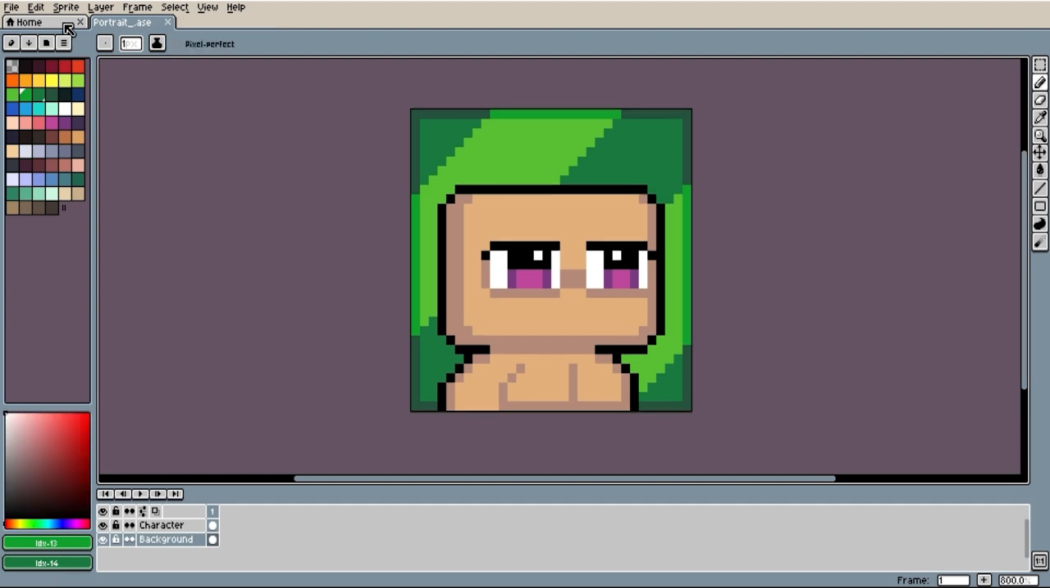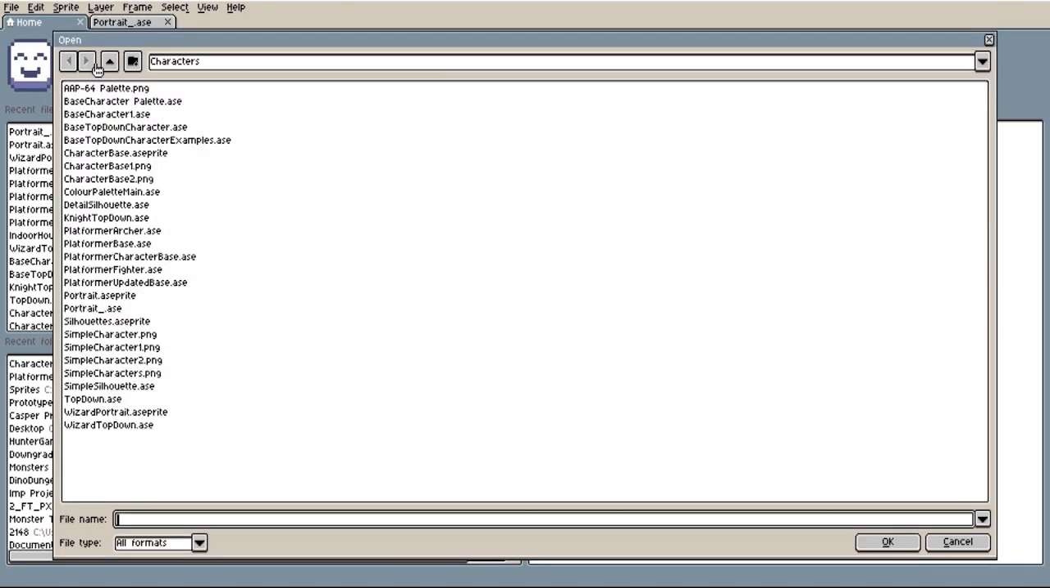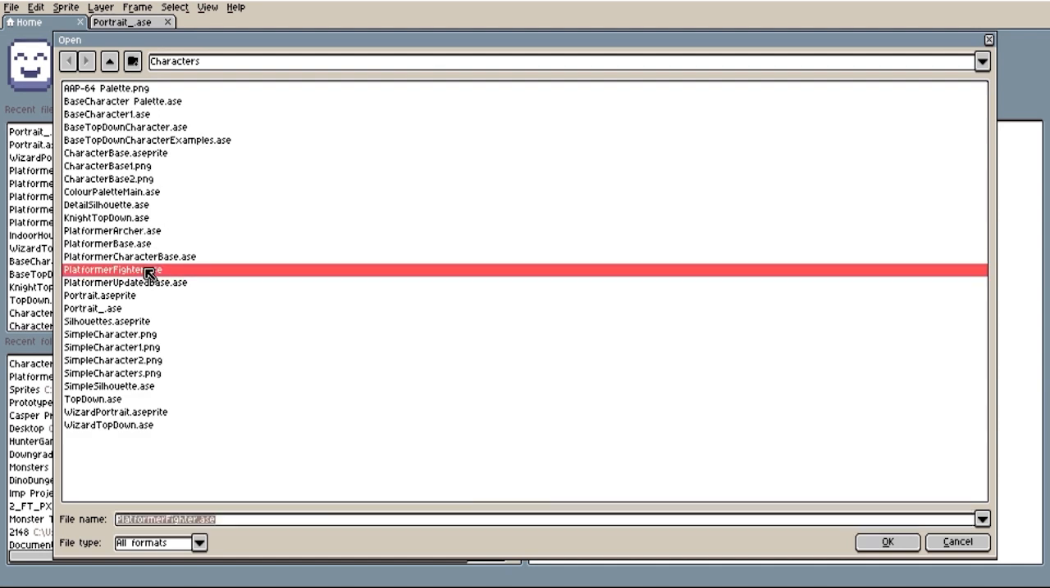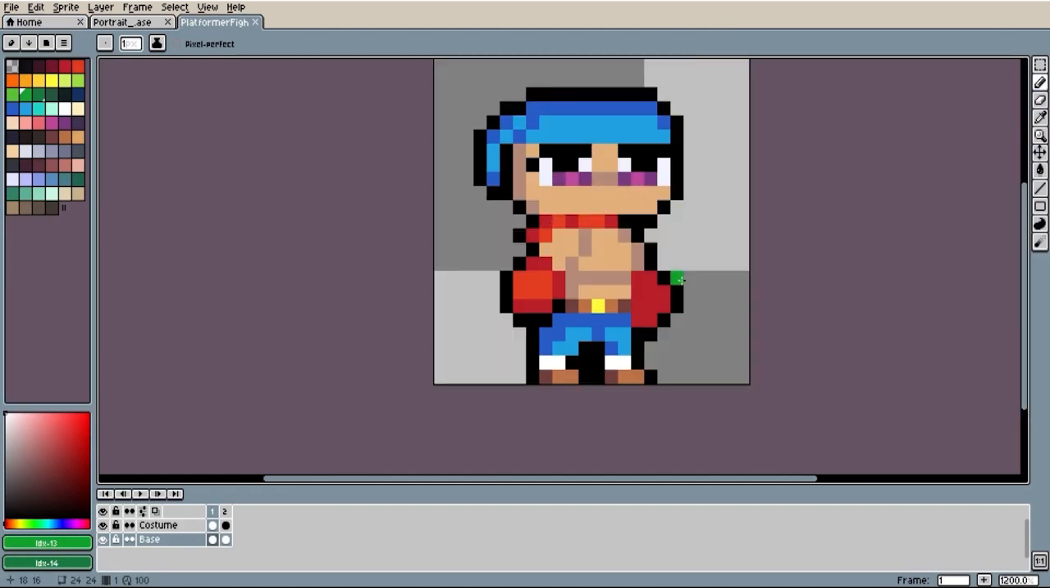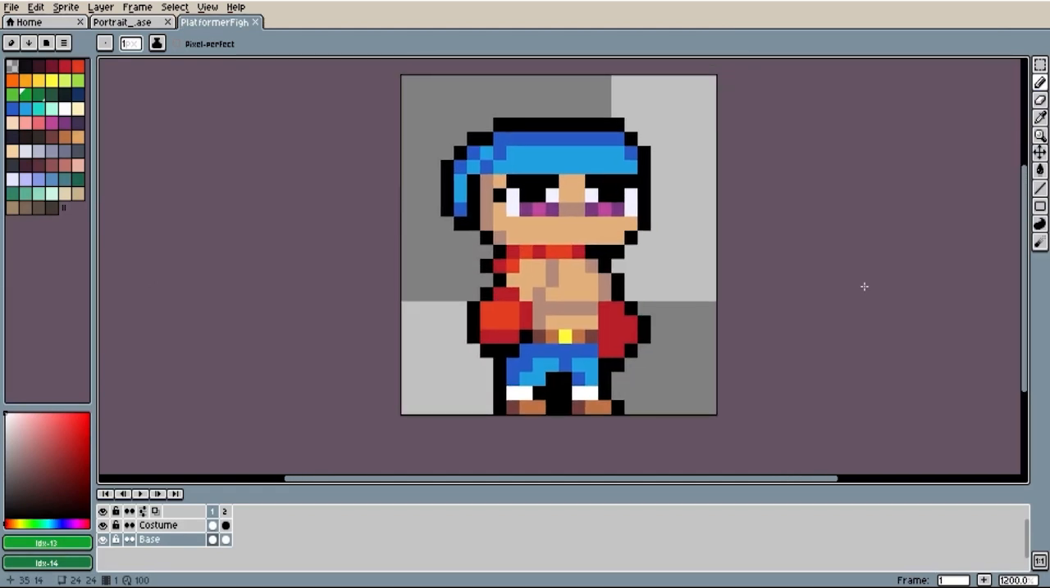If I go back to home in the top left and click open file once again, I can open up some kind of character that we've used before. So for this example, I'm going to use the fighter character. So before we actually create the character's cosmetics, we have to break it down and try to understand what the